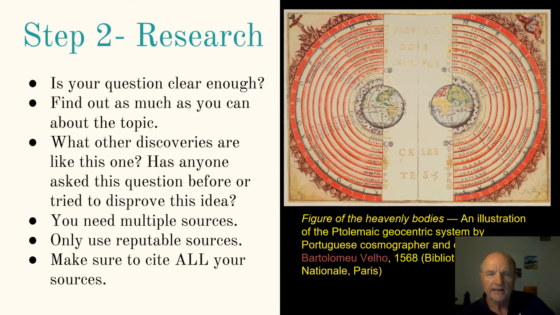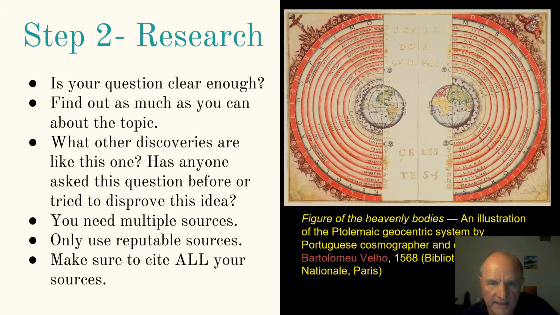This is a diagram from the Portuguese cosmographer and cartographer Bartolomeu Velho. And he did that in 1568. And this was the prevailing theory of the time of what our solar system and what our universe looked like. And the idea was, this is also known as the geocentric theory. The geocentric theory basically said that the Earth was the center of the known universe, and that everything